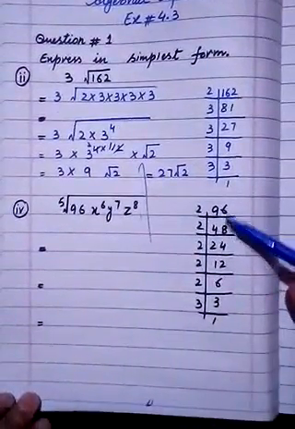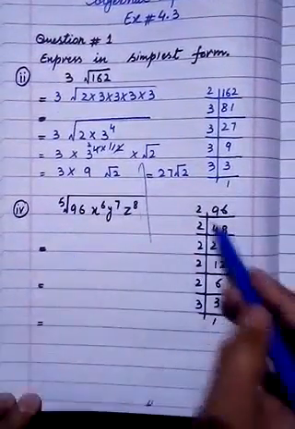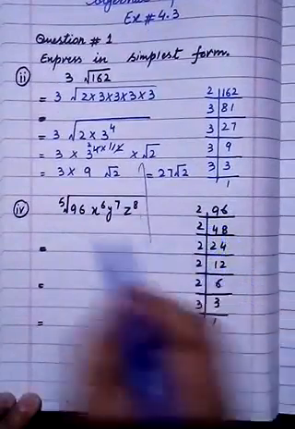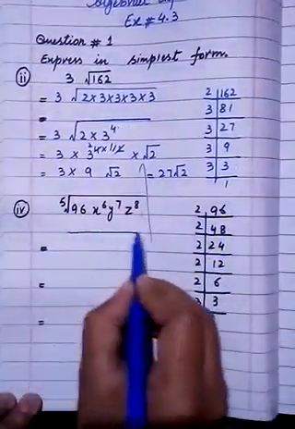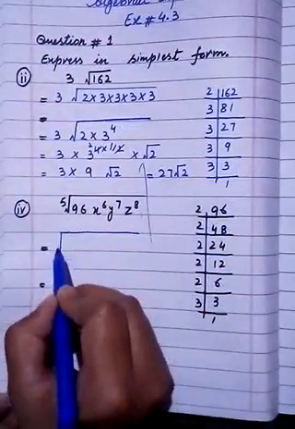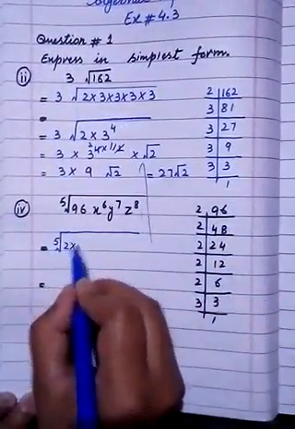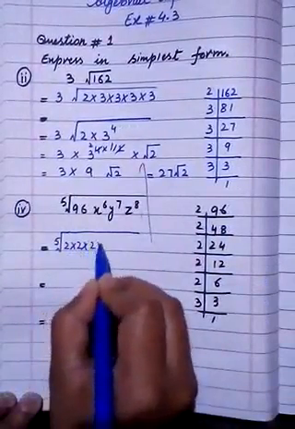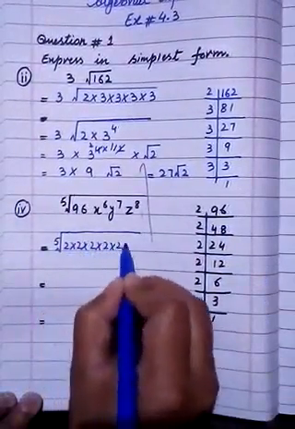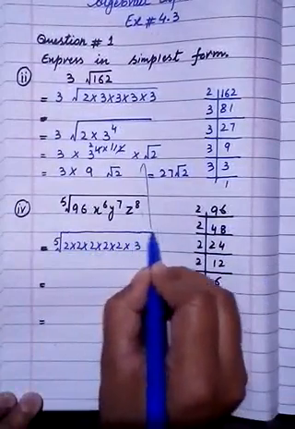First of all, you have to make the factors of 96. Now 2 written here 1 2 3 4 5 times. So the index of under root is 5. Now 2 written here 5 times, so 2 multiply by 2, and 3 is just alone, 3 raised to power 1.